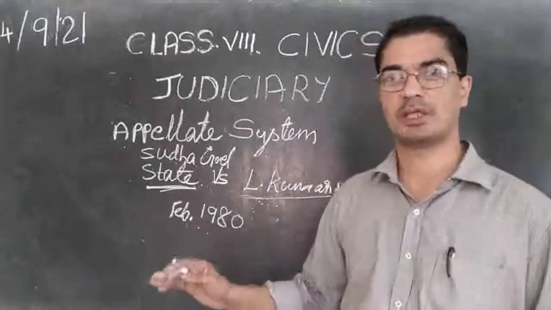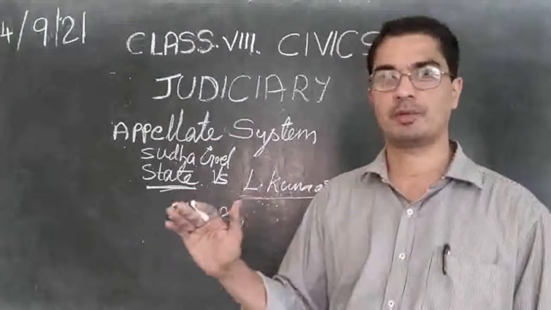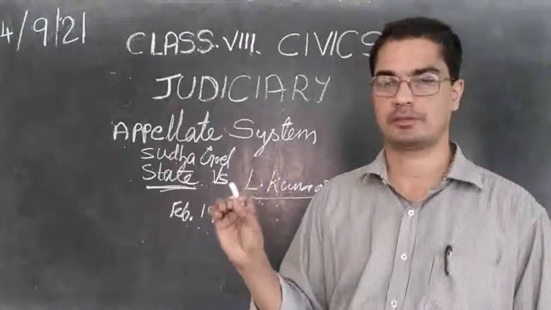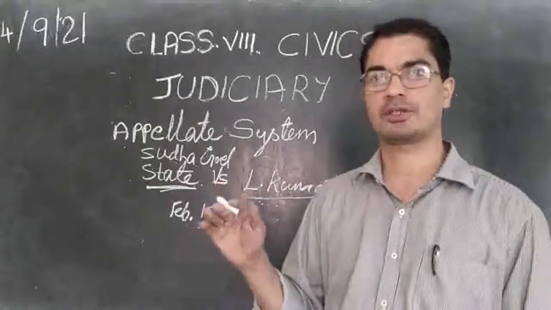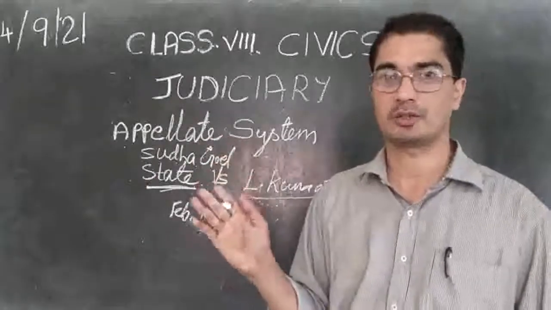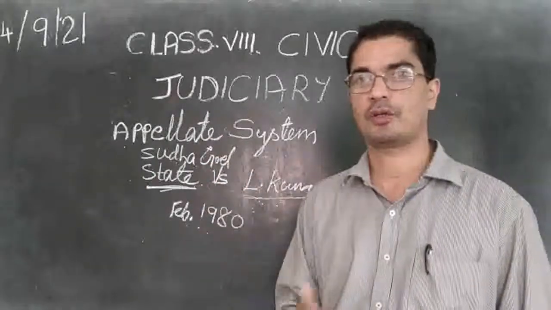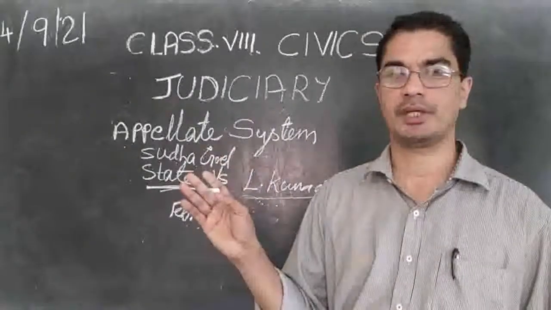So we see different courts are giving different verdicts. First, the lower court said 3 of them are guilty and they should be given capital punishment. That means they will be put to death, hanging. Then they went to High Court. High Court said no, all of them are free to go. They have not done any mistake. So just opposite of the lower court is the High Court verdict. Then finally the Supreme Court gave the verdict.